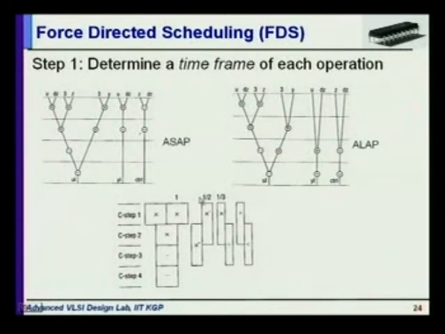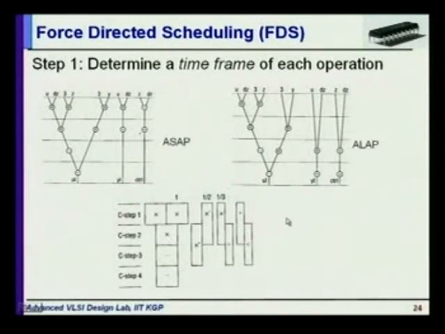So basically the time frame of each operation: what is the frame where it can be scheduled? You understand these two operations are scheduled in ASAP in the first control step and in ALAP also in the first control step, so their time frame is only control step 1. For example, this operation is scheduled here in this time step and here this, so its mobility is basically control step 1 to control step 3. By that you can calculate the time frame of each operation, and then you calculate the priority.